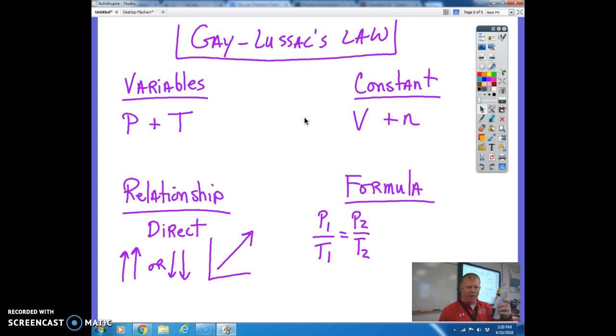Spray paint, maybe some of you, your parents, mom probably uses hairspray. If it's in a metal can, this type of aerosol can, the volume is going to be held constant because it's metal, can't change. The number of particles, even if it's empty, there's still some gas in there. So the particles can't change unless you hit the spray part of it. Now, let's say we change the temperature.